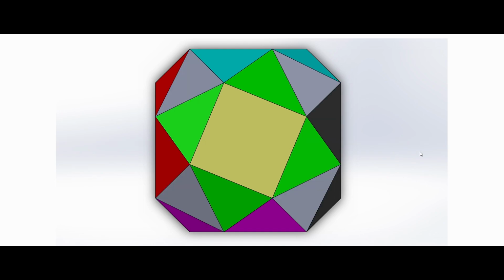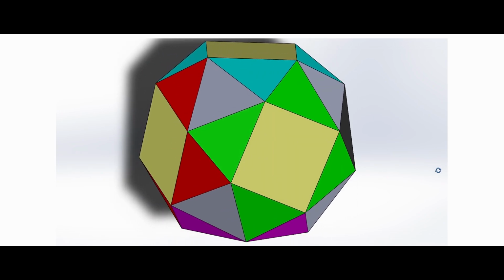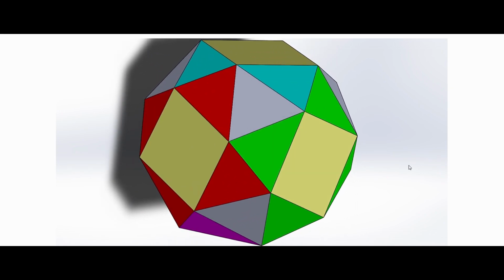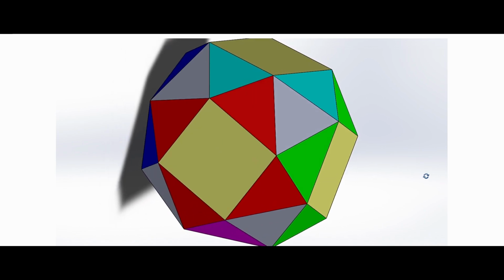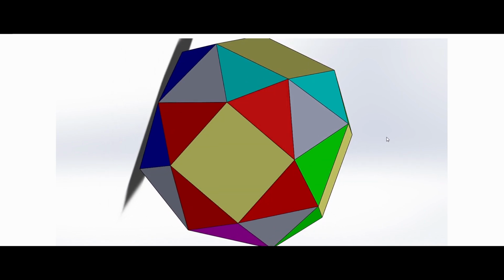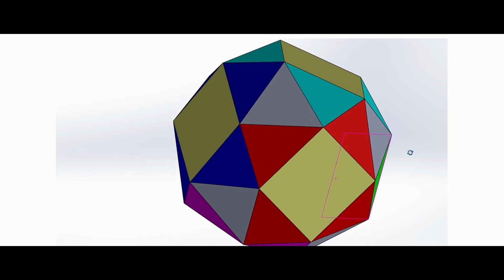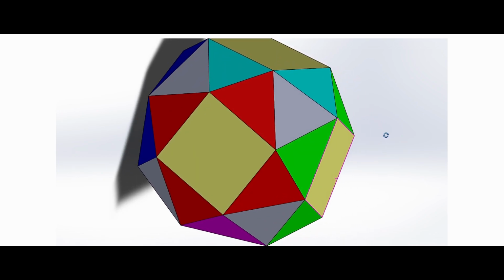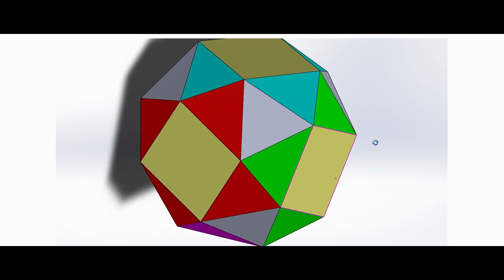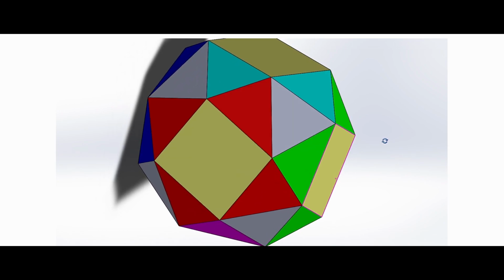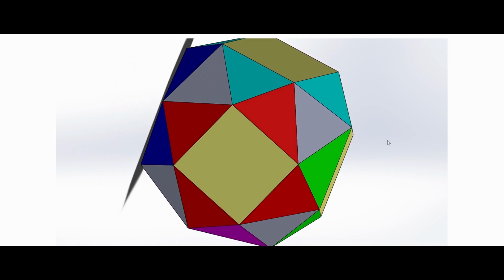So looking at the 3D figure, you will get a better idea of how the snub cube looks. So this is a standard pattern, and you must be able to understand this question. So in total there are 6 squares, there are 24 triangles adjacent to the squares, and 8 triangles filling the gaps. In total there are 38 surfaces present for a snub cube.